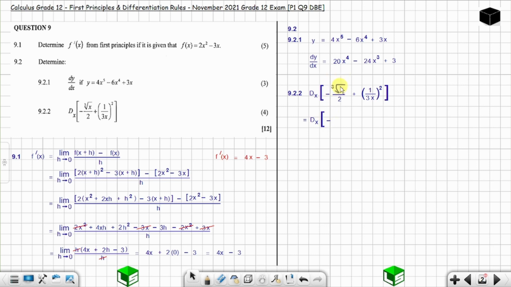Let's get rid of this. How can you get rid of this? Let me show you how you can get rid of this. Okay, for example, if you are given this and you have to get rid of this fifth root, you have